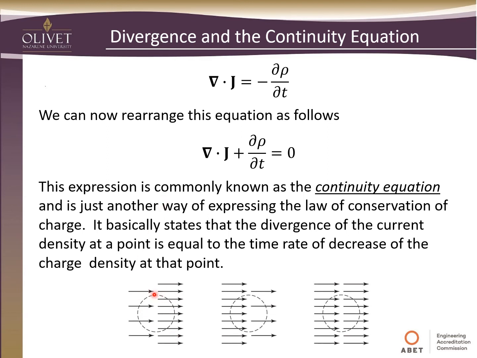And so to graphically express that, if the volume or area that we're looking at is this circle, if we have a certain amount of current going in, but this much coming out, then whatever charge was in here has to be contributing to this to make more flow. Same thing here. If we got more going in, less coming out, then there's charge accumulating in here. And if it's passing straight through, then no additional charge is accumulating or coming out of that area.